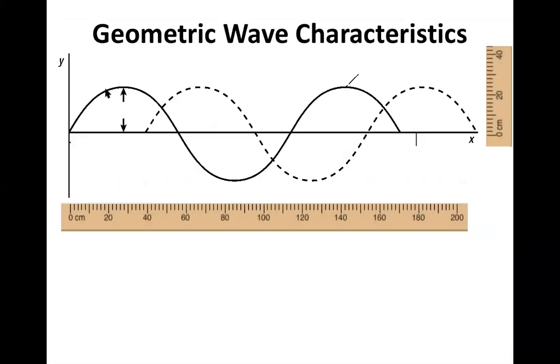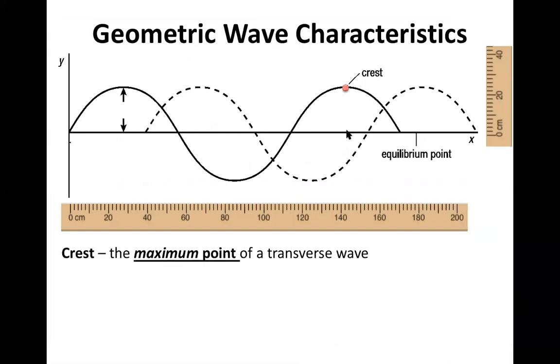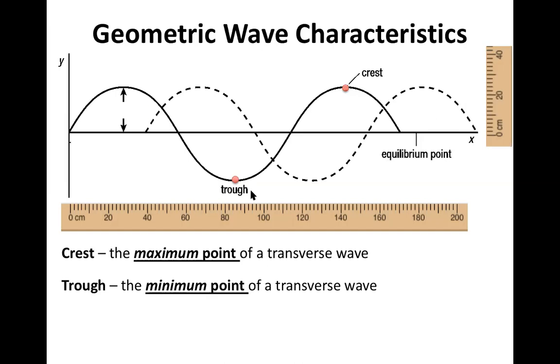Okay, so when we are looking at a wave and taking measurements based on a wave, we can have the geometric wave characteristics, the things that we take a picture of and then measure with a ruler, like geometry, or time-based characteristics, things that you might need a video to see. For geometric wave characteristics, we have equilibrium, crest, which is the maximum point of a transverse wave, a trough, which is the minimum point of a transverse wave,